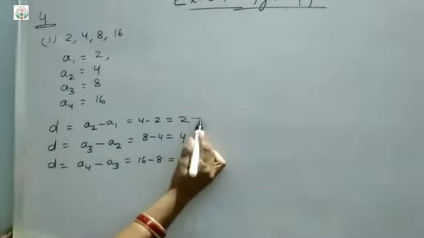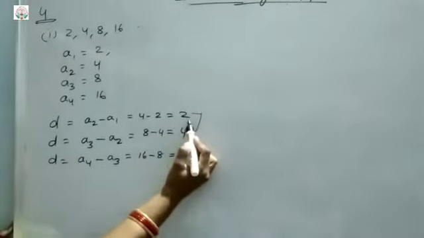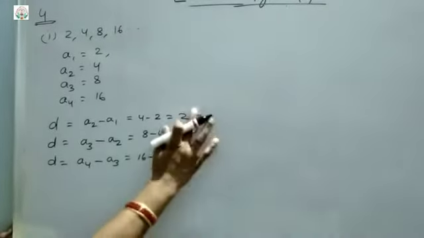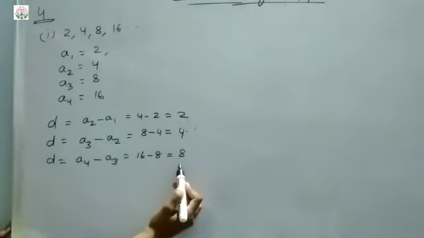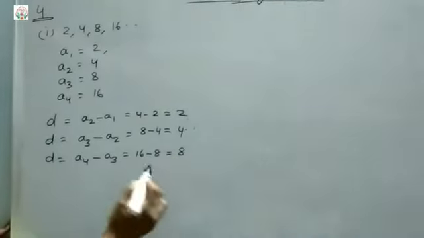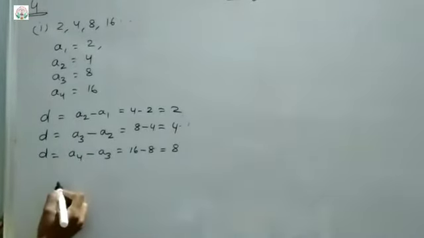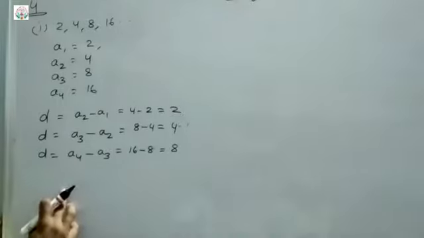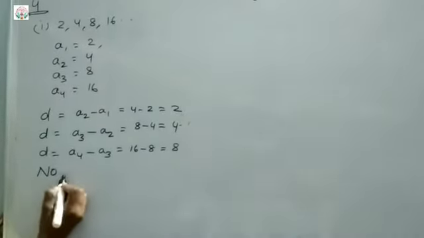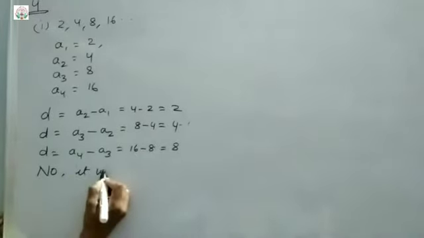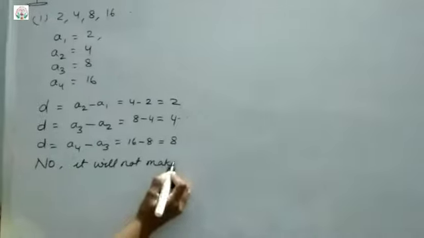So you can see we are getting different answers: here D is 2, here D is 4, and here D is 8. So every time the D value is different. That means is the sequence in AP? No, it will not make an AP